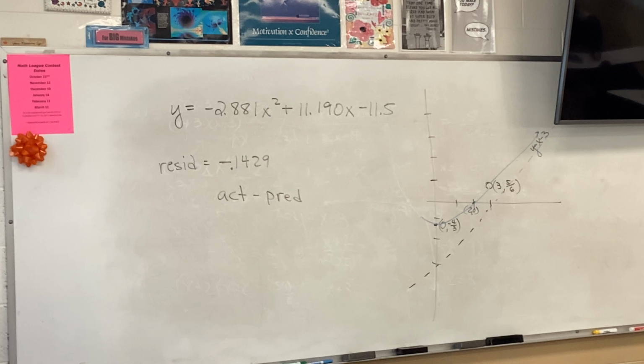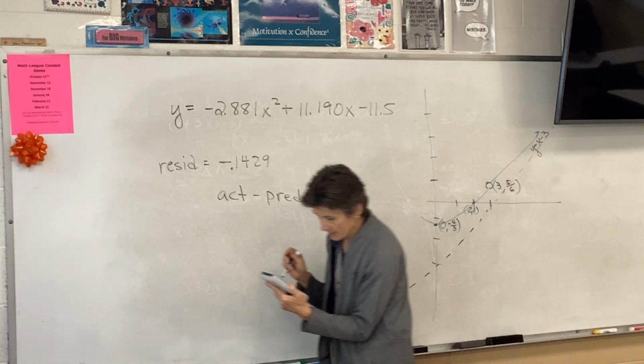And then make sure that X list is L1 and that Y list is residual. And then you may not see what you want to see, so remember how we fixed that? We press zoom, stat. And I got a plot